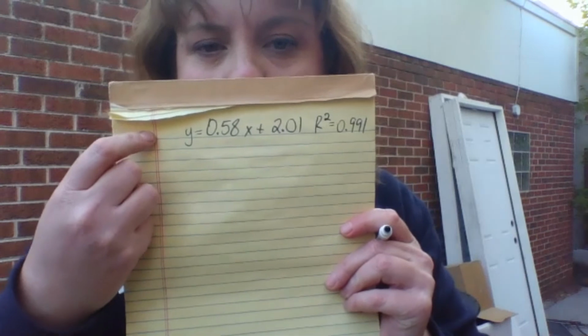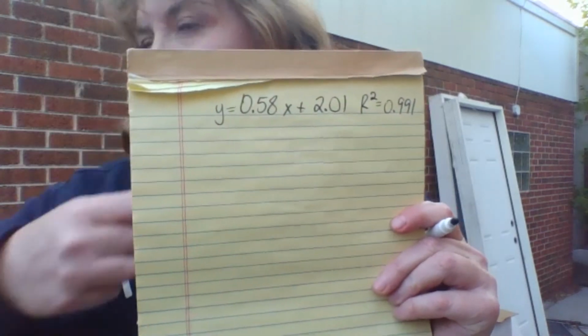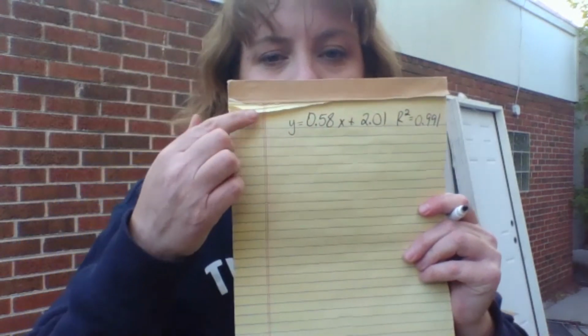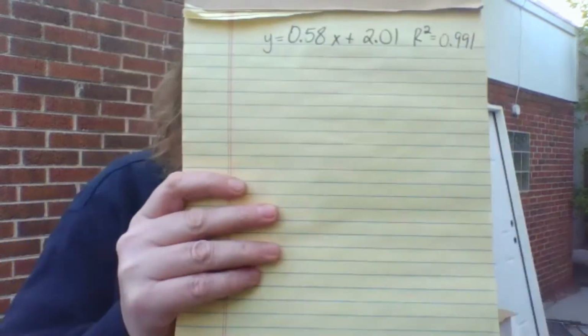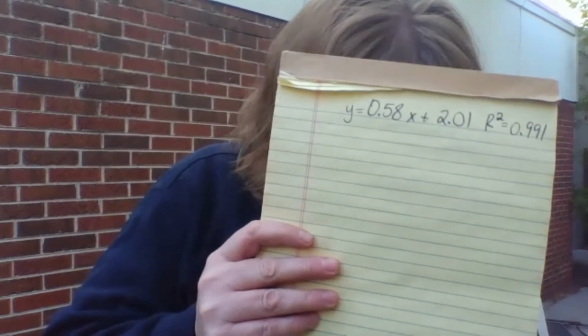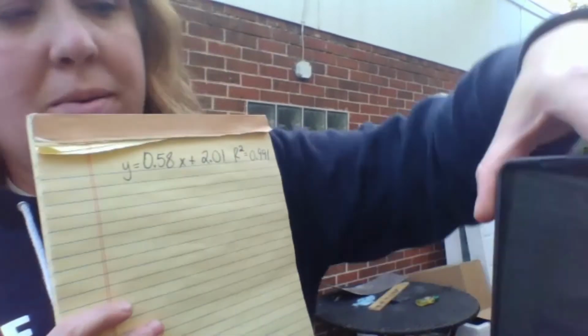Right, I have my equation. The first thing I need to do is change my equation into what it actually means. So when I look at this graph, I'll turn it this way now. When I look at this graph, I can see, and this is the same graph I made in the last videos,